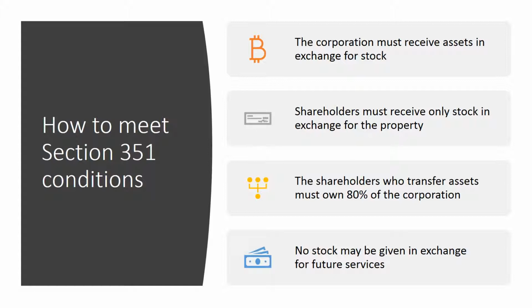Number 4, no stock may be given in exchange for future services. This condition of Section 351 causes the most problems. Any shareholders who get stocks for their promise of service will owe income tax on the value of the stock received. For example, Wanda and Perry